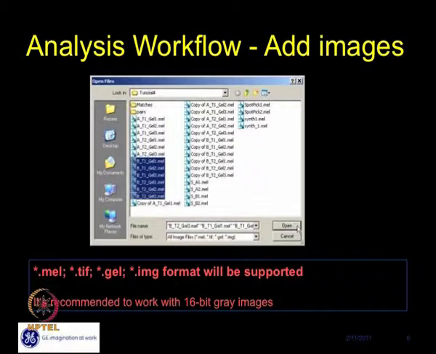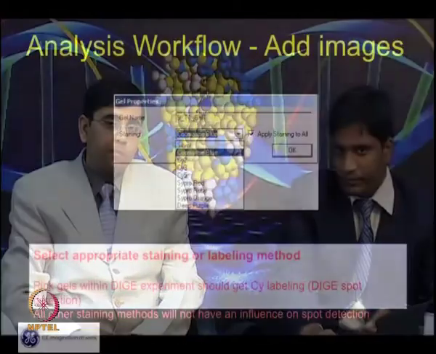Yeah, exactly. Various types, except the simple JPG or compressed TIFF; these kinds of gels we cannot edit. But other than that, .tiff, .gel, and .mel require high resolution images, so that they carry much information. A minimum of 16 bit. Exactly. At least the image should contain 16-bit resolution. Right. This is the main important thing in this software.